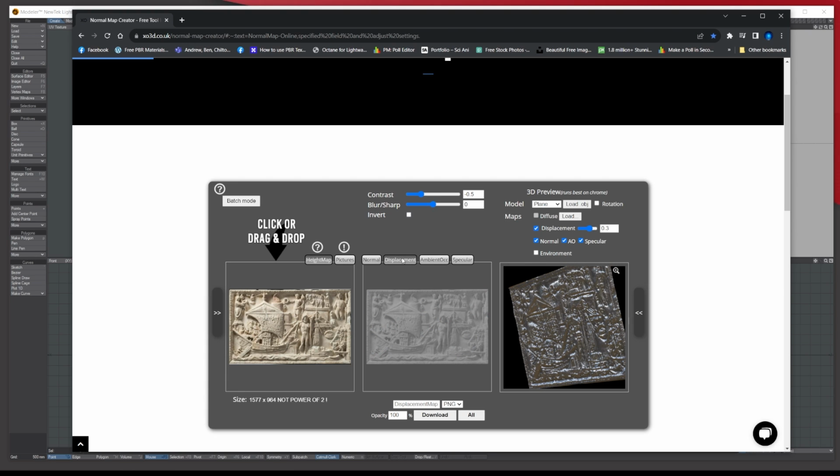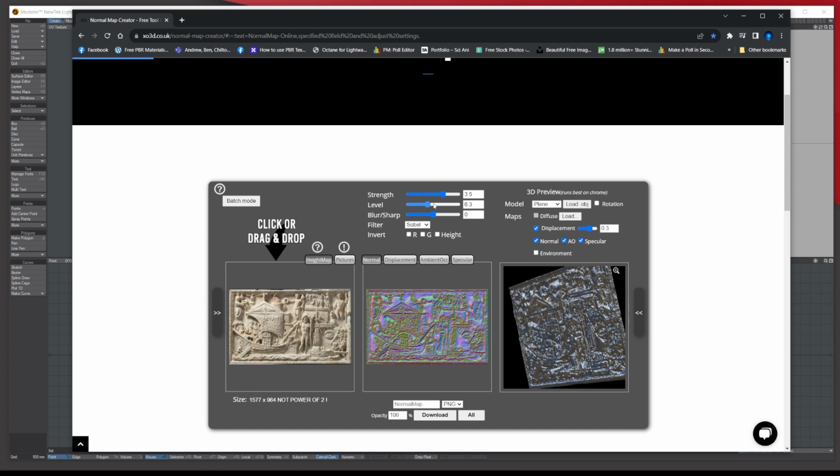Then it shows you what your displacement might look like, ambient occlusion, and specular, and then you can play with each of these. So what you can do up here is decide on the strength of it using levels to come up with what you want, and then also the blurriness and the sharpness. Now the sharper it is, the more tiny little bits you're going to get in as well, but that's up to you. My suggestion is have a go, see how the normal map works, and you can also quickly come back, change it, save it again and replace it, and again that's completely up to you.